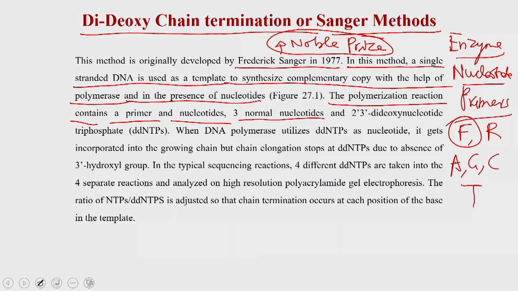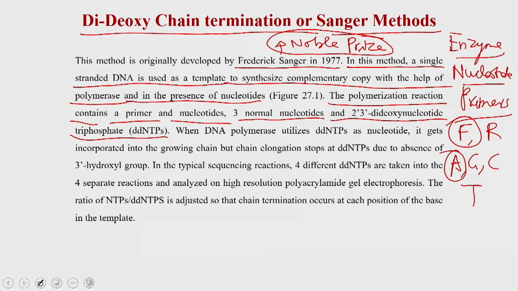So, when you do these reactions, you add 3 normal nucleotides, which means either adenine, guanine or cytosine, and instead of the 4th nucleotide you add the 2',3'-dideoxynucleotide triphosphate. Suppose this is a reaction for adenine, then you add guanine, cytosine and thymine as normal nucleotides, and you add the 2',3'-dideoxynucleotide adenine triphosphate as the